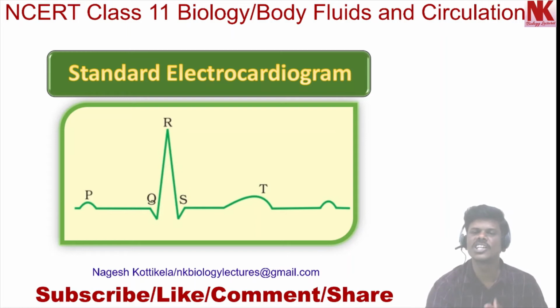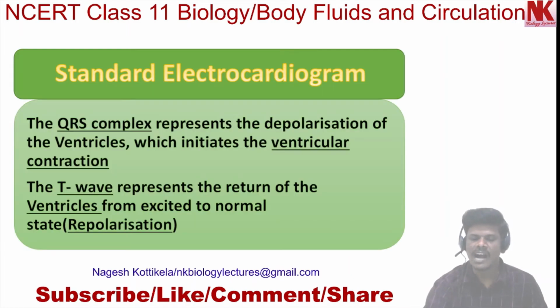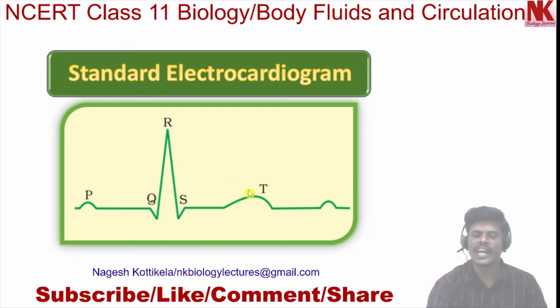indicating depolarization of the ventricle that initiates ventricular systole, and after that the T wave represents the return of the ventricles from excited to normal state, that is repolarization of ventricles. So here the T wave denotes repolarization of the ventricle. Okay, so the end of the T wave indicates the end of ventricular systole. So this is how the different waves in ECG denote the different phases of electrical activity of the